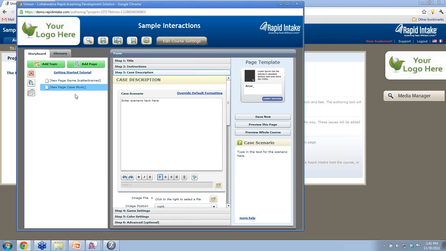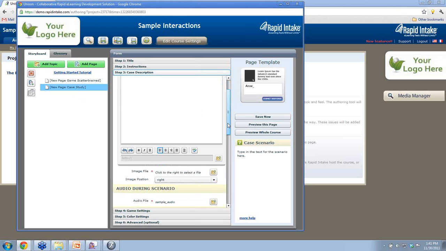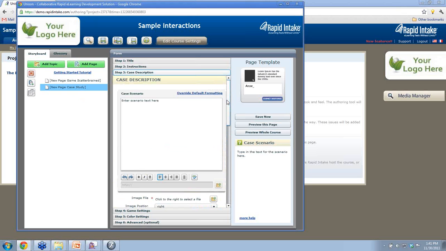But the point is that with our tool or with a lot of other tools, you're going to want to check with the tools that you may have access to. Do they have interactions? Do they fit the right types of things that I'm trying to do? And how easy are they to use and build, edit, and maintain, and so on? But the main emphasis I want to make here is try to take advantage of the tools you have, or get tools, if you don't have them, to help add